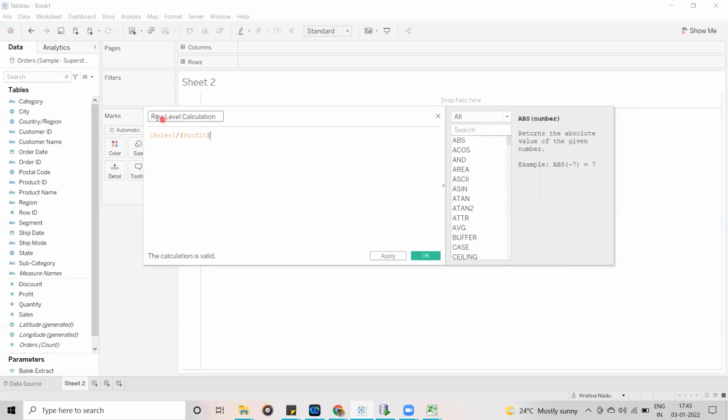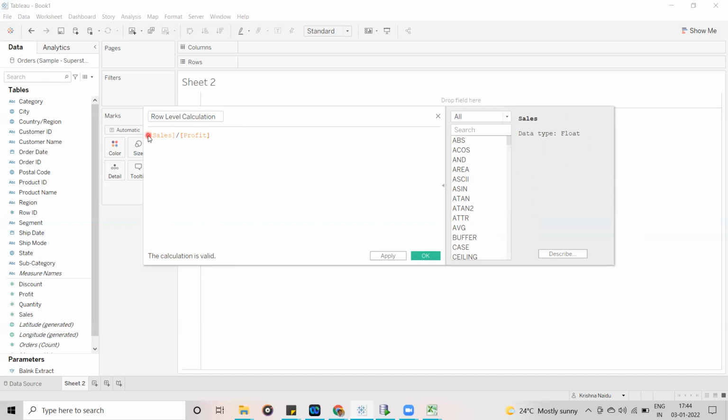Now I have given the name for my custom field, which is the calculation, and this is the calculation I have written. You have to remember to keep user friendly names that are understandable by others and give some meaning. Also, whatever calculation you write, it displays whether the calculation is valid or not.